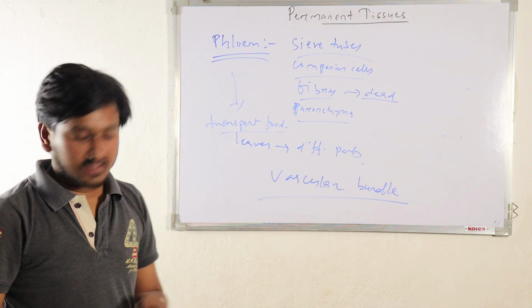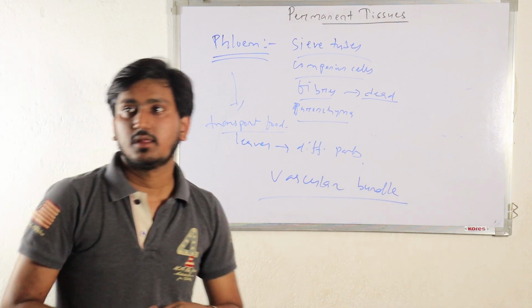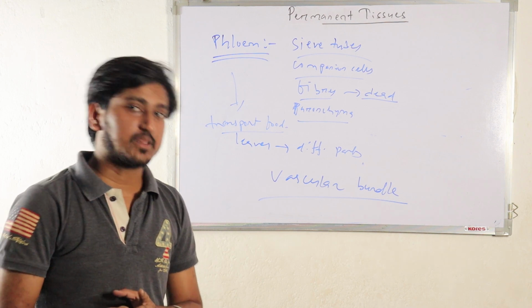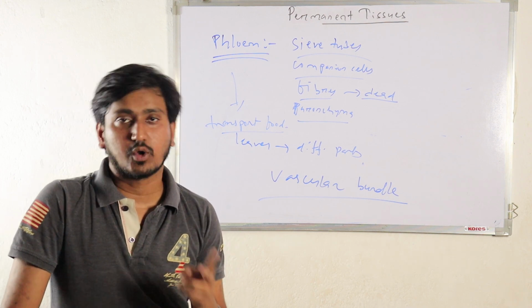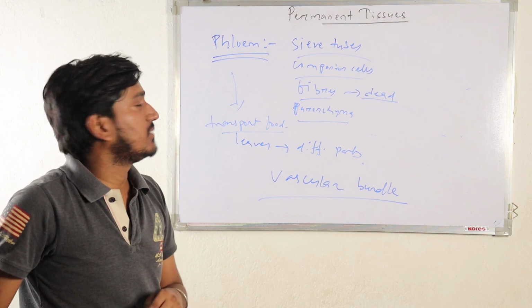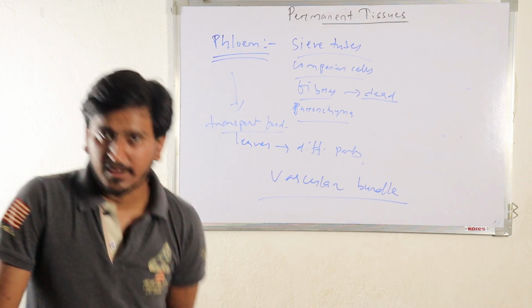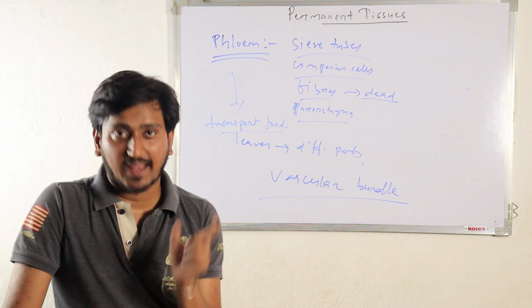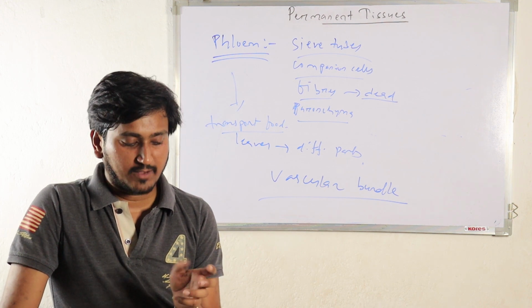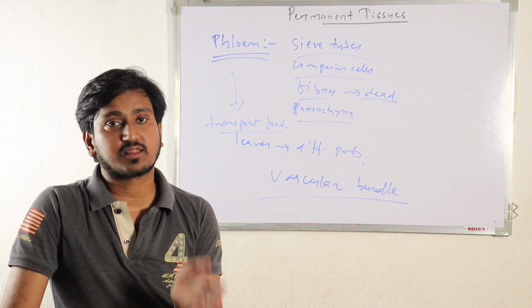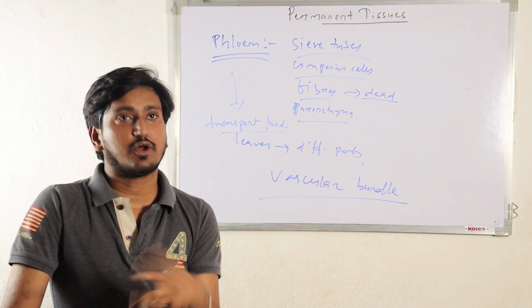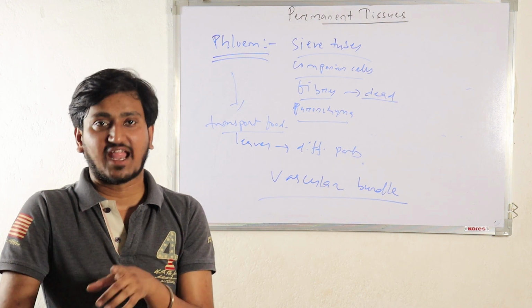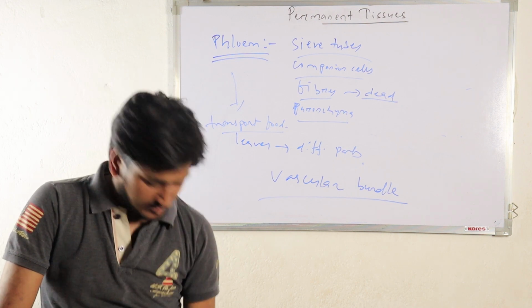Okay, so students, this was all about the permanent tissues. There are two types of tissues in permanent, as I said, simple and complex. The simple tissues are divided into parenchyma, collenchyma and sclerenchyma, and the complex tissues are divided into xylem and phloem. Remember, as we have already discussed, the plant cells combine to form the plant tissues. Then the plant tissues combine to form the plant tissue system. The tissue system will form the plant's organs, and the organs will form the plant body. Remember, there is no organ system level of organization in the plant body as compared to animals.